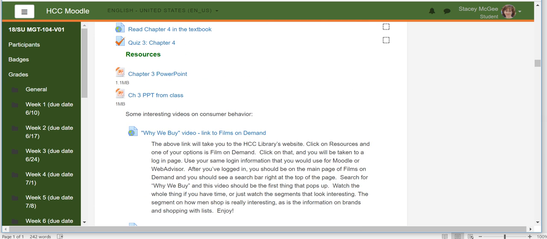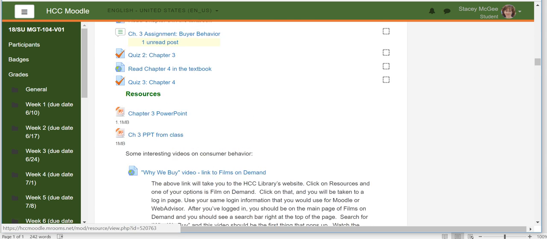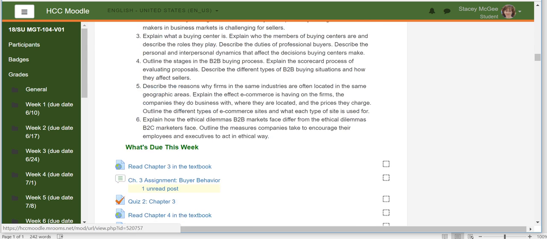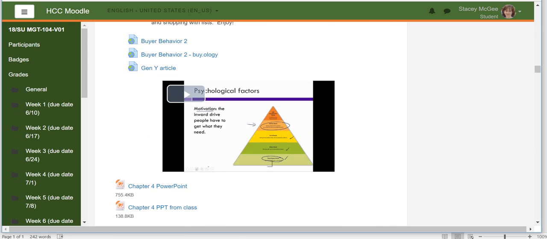So that's your weekly setup. Again, the quizzes are multiple choice, and they're in Moodle, and you'll get your grade right away. These weekly assignments are, again, make sure you use real words, real spelling, punctuation, capitalization, all that good stuff. I think it's a good idea when you watch the videos to take notes as if you were in class. That's sort of like your class lecture. So take notes as you're reading the chapter and as you're watching the videos, just like you would if you were sitting in class. The exams are at the testing center.